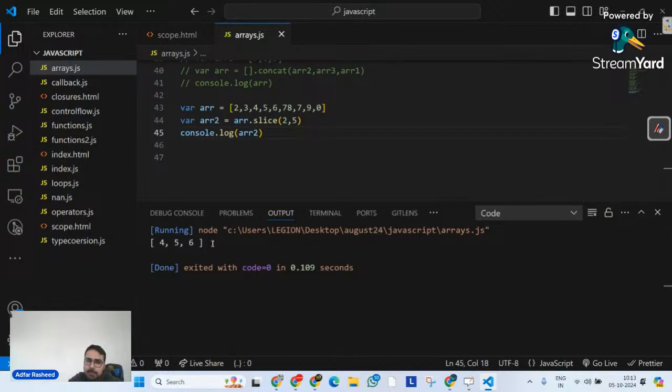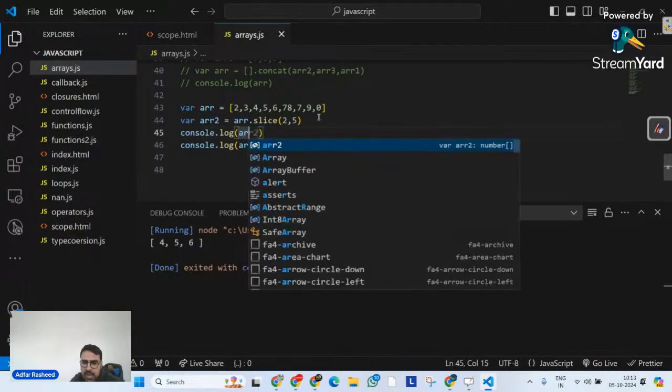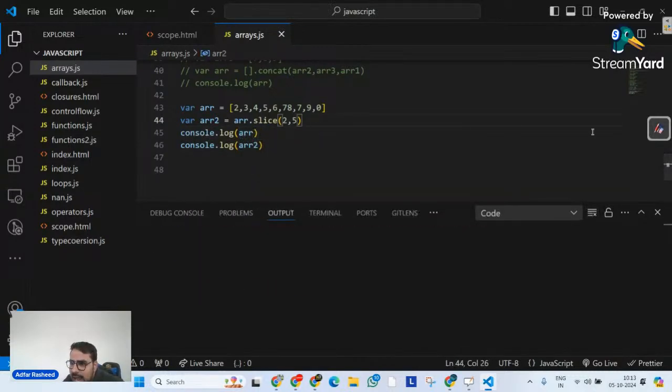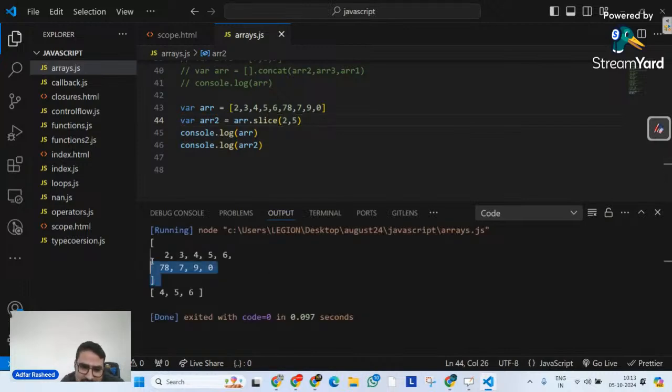But the question that might be asked here is, does the slice method update my original array? Does it mean once we create a slice of it, those elements will be removed from the original array? Let's try to figure that out. I will print the original array over here, and if I execute, you can clearly see there is no update in my original array. So the slice method will only return a new array. It is not going to affect the original array. I hope that makes sense. Am I clear with the slice method? Yes or no? I hope I'm clear.